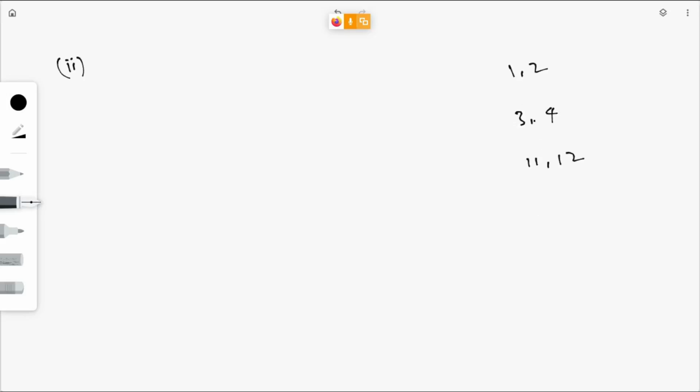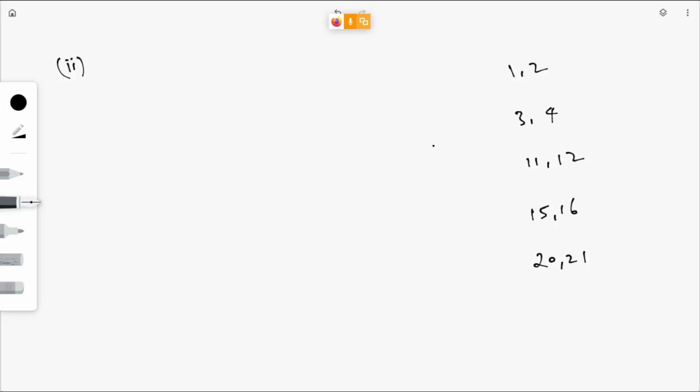Okay, so you can write n numbers of consecutive positive integers. So if you observe these three pairs, what is the relation between these two numbers? What is the relation between 1 and 2? They are continuous. Okay. What is the relation between all these pairs? 15 and 16, 20 and 21, 11 and 12. What is the relation? Fast.